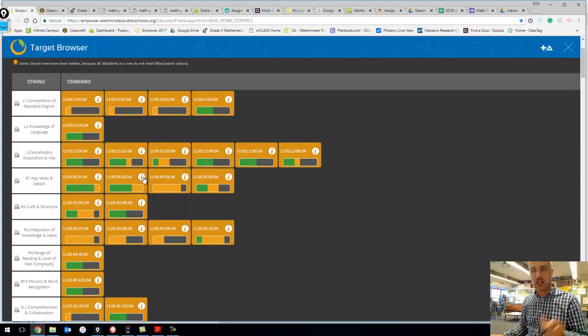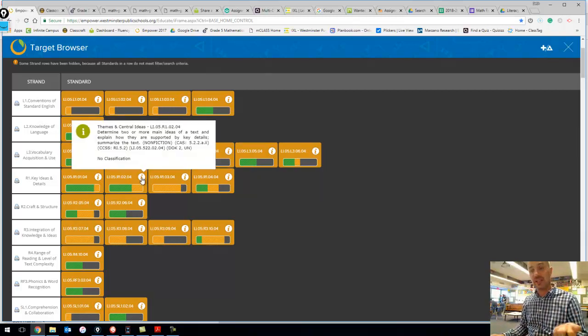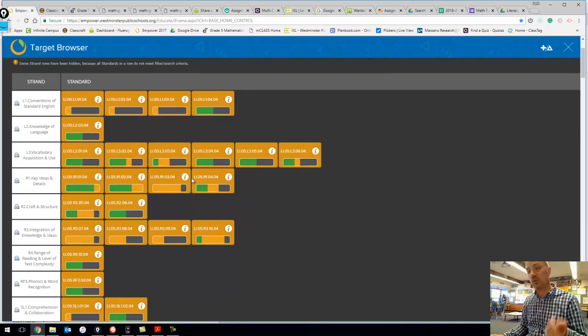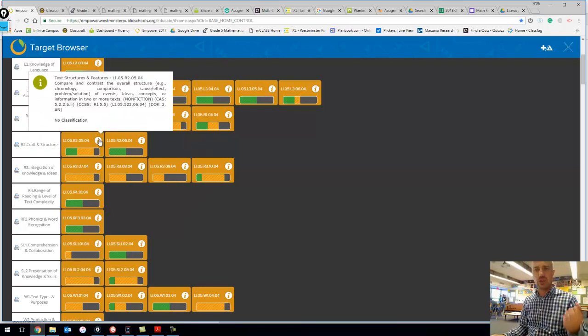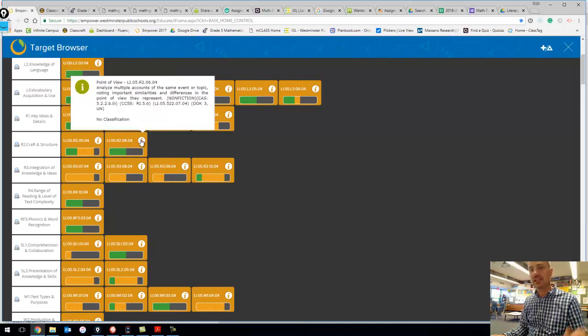But like I said, for us, it made more sense because of the text that we were on. And we're actually doing theme right now, and we're going to jump to story elements next. It kind of depends on how you as the teacher frame it. So once we're done with this R1, then we are going to go into R2 and start doing a little more structure, overall structure, cause and effect, problem, solution, those types of things, and analyzing multiple accounts of the same